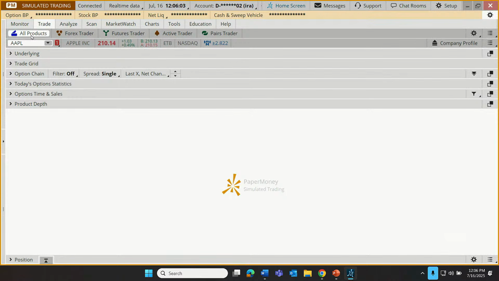All right. Now, in addition to these other products that could be traded, there are some other tools here. This Active Trader tool, which can be found on the Trade tab. I'm not actually going to be diving into that today because that's a lesson unto itself. So I've actually already prepared a webcast that I called a guide to the Active Trader tool on Thinkorswim.